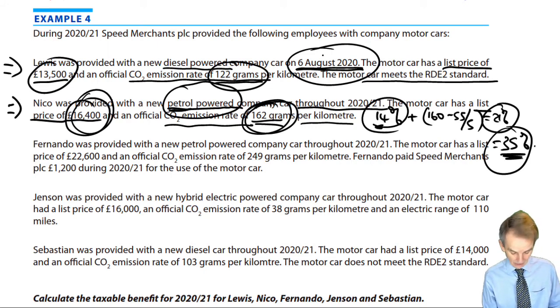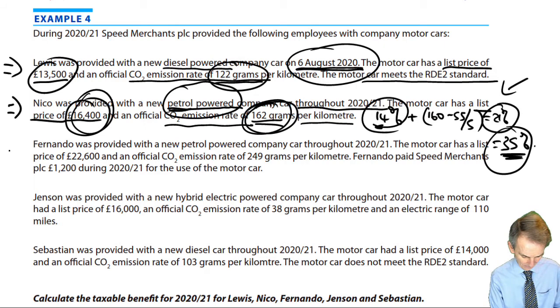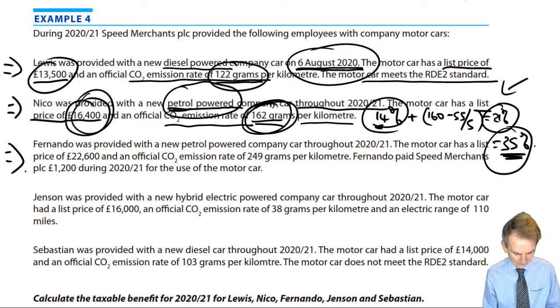You can check that one out. You can also, of course, check out and agree the answer to Nico we've already done. And then you will have a go at Fernando. I don't want you to do anything other than Lewis and Fernando here, but it's petrol powered for Fernando throughout